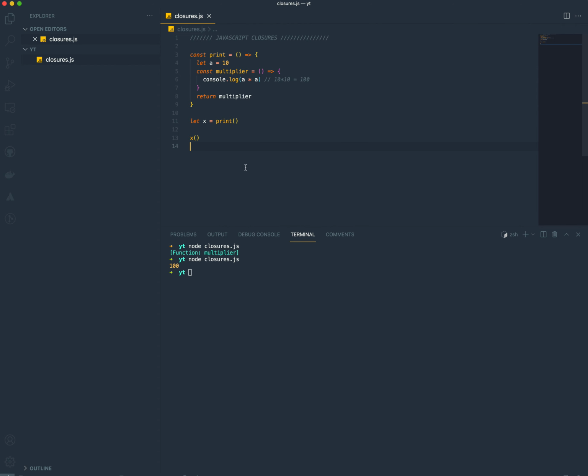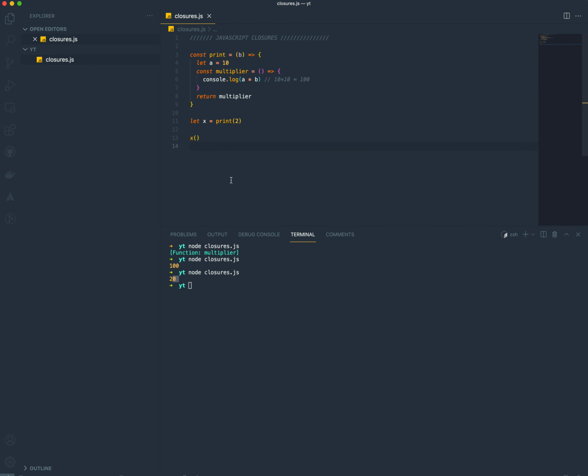Okay, so this is a short example of what closures are. And now say for instance, when we want to pass a value, we do not want to multiply with the same number, we want to multiply with the number which we pass dynamically. So when we pass b, just as we had access to a, we'll also have access to b here. Now you can see the print function expects a parameter b, and when I pass 2 as a parameter, the same function will be returned, and this multiplier function does not require any parameters, so it can be called as it is, which is 10 times 2, will be 20. So you'll be able to see the 20 on the console.